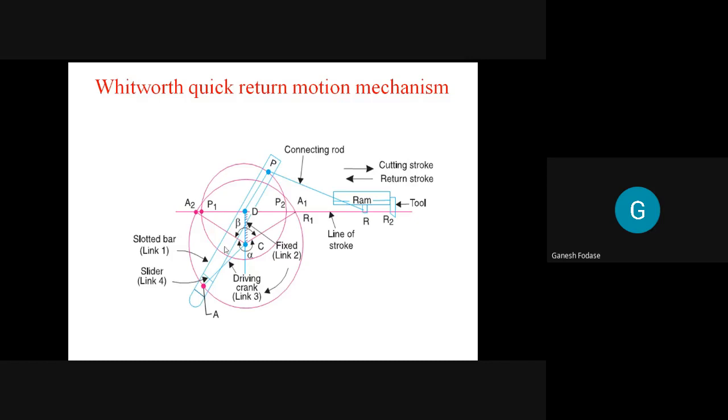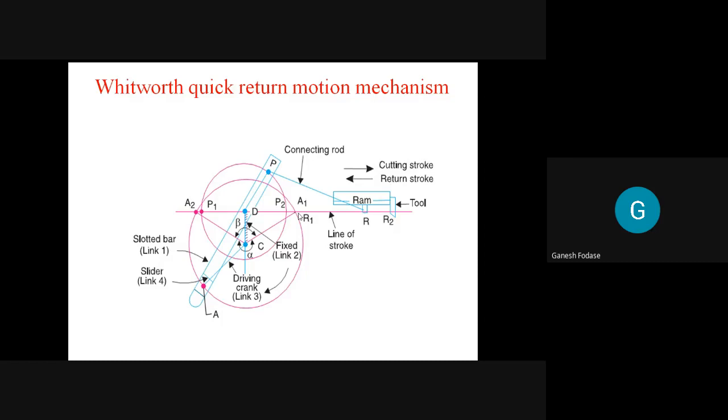Of course, which circle you have to observe, you can check carefully. You have to consider this circle of path A, because we are considering the path traced by the crank. C is fixed and A is moving. There are two circles, one representing the path of point A with respect to AC, that is with respect to fixed reference C. Crank AC we are considering, A is the movable point, C is the point about which the crank is rotating. While PD here, consider another circle. This circle represents the path of P about point D, where CD is a fixed link. That's what the quick return motion mechanism is, and it is called the Whitworth quick return motion mechanism.